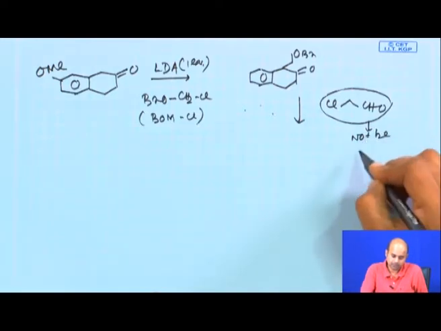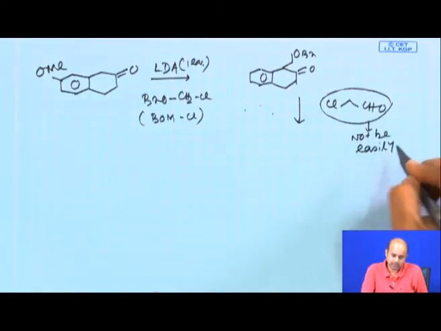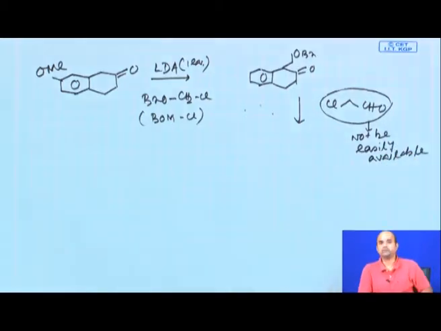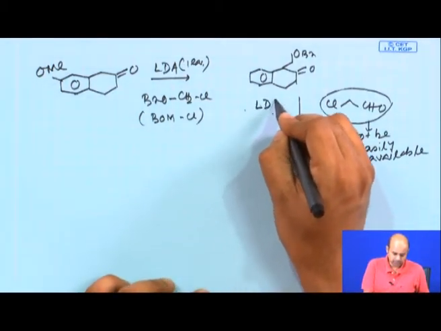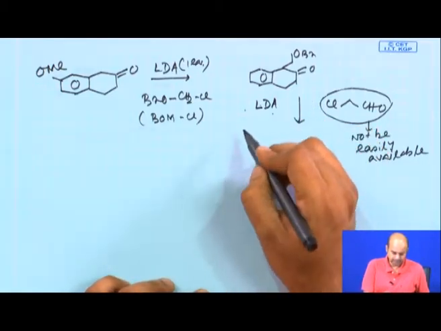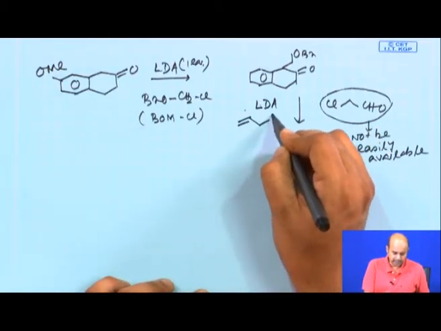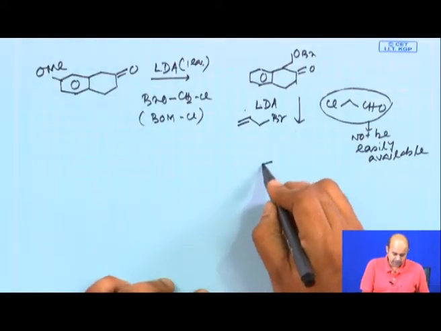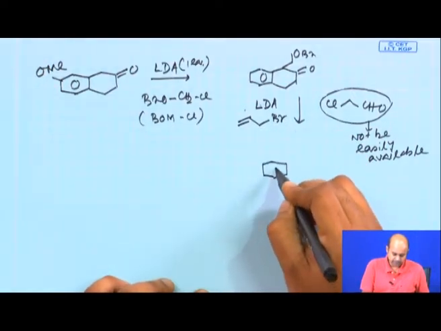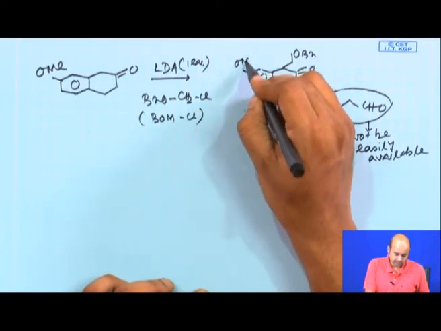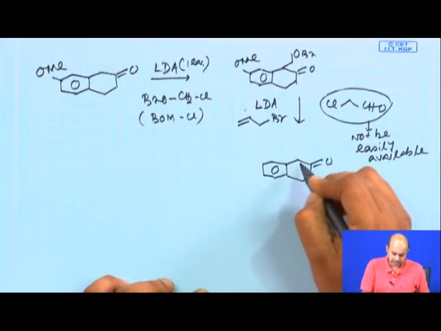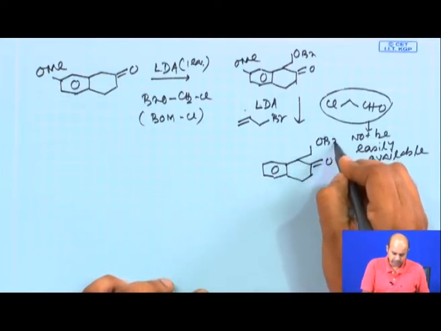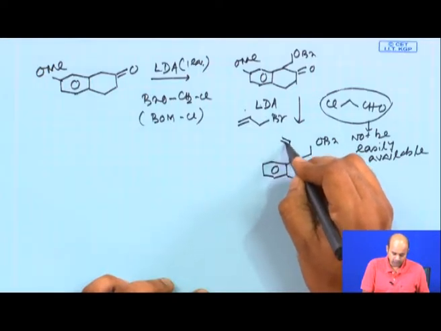So, what you do? You can try to take another source or another electrophile which will give you this particular functional group. Alternatively, we will be using this reagent condition, LDA and allyl bromide. Allyl bromide is a very cheap starting material, and then you will do another round of alkylation to get this all carbon quaternary